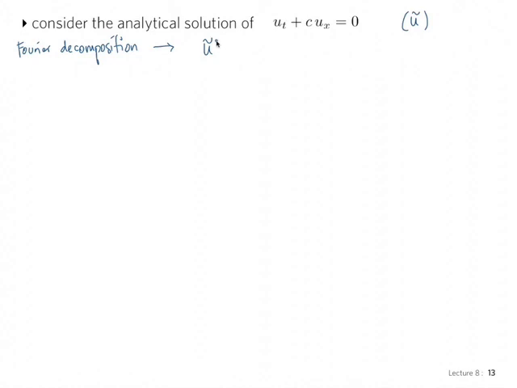u tilde at n, i, the analytical solution at that point in space and time, is equal to some amplitude B hat e^(I k (x_i - c t_n)). We know the analytical solution. It is the same as the initial condition, but just shifted in time by ct, where t_n is the n level on time and the location is x_i. Of course the amplitude depends on the initial condition. I'll write in a moment how it depends on the initial condition, but we can rewrite this